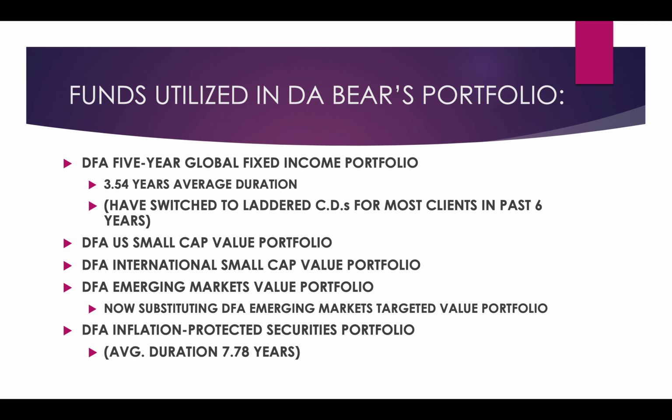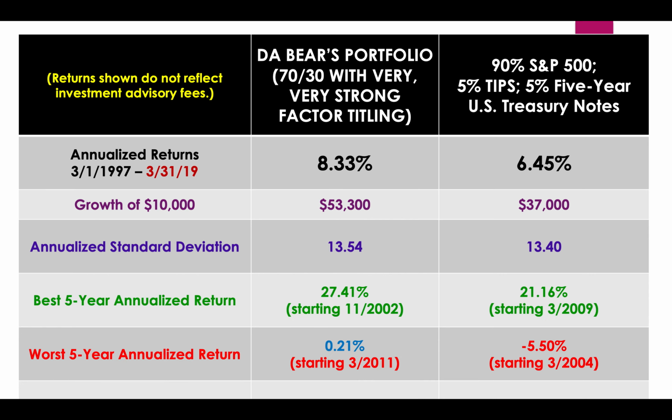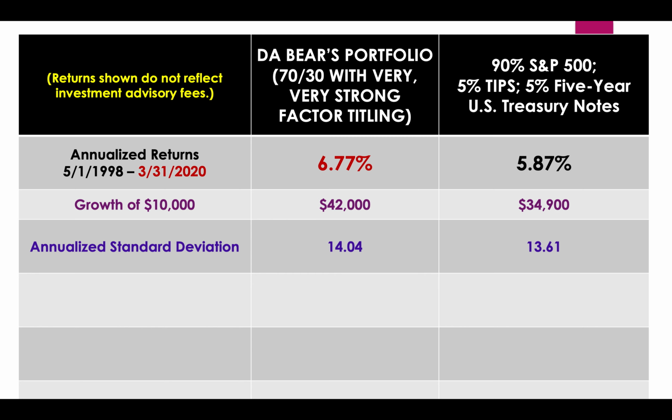So again, here are the funds used. I'm not saying that I would use these again, but just to show you the data. Again, over most time periods, not with certainty, even over a 20-year time period, but with a high degree of probability, with value tilting you can outperform. And even if you lower the allocation to equities and increase the fixed income allocation, that is going to help you guard against a Great Depression or a Great Recession like 2008, 2009, or what we're in right now, and I'm not sure yet what to call it because I don't think we've seen the bottom.